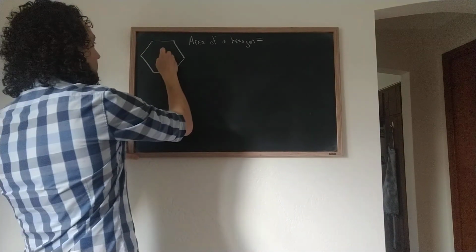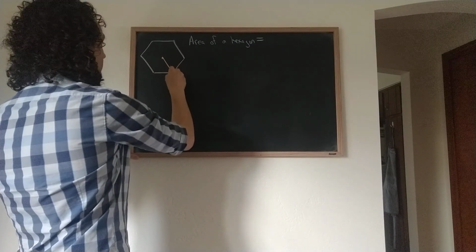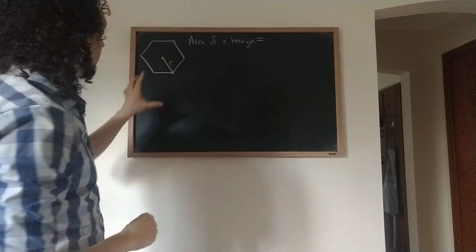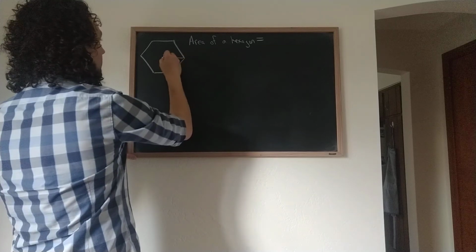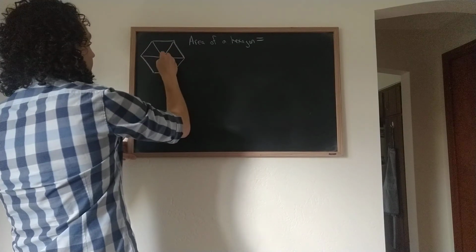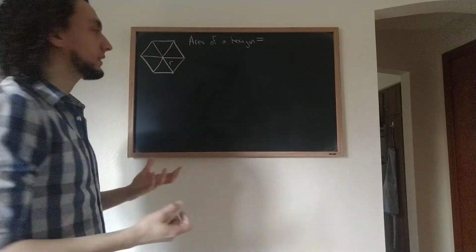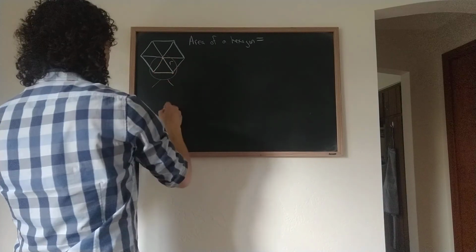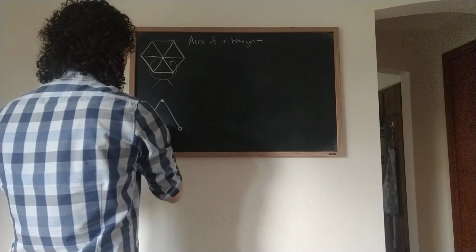So the first thing I want to do is label the center of the hexagon and draw a line out to one of the vertices here, and we'll call that distance r. And this is useful because if I repeat this process, if I draw a bunch of these lines out to the vertices of the hexagon, then I can see that the hexagon is actually made up of 6 triangles. So if I take one of these triangles and blow it up, draw a bigger picture of it,